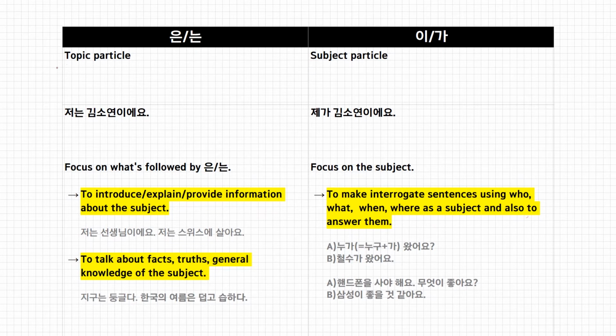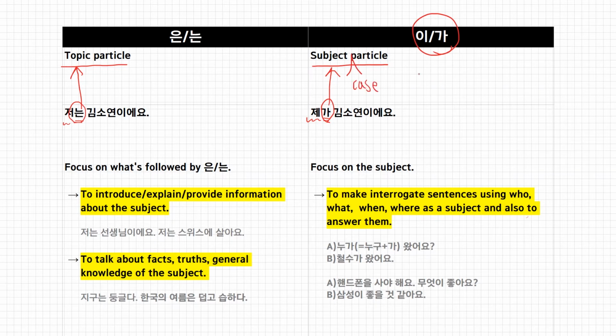I'm pretty sure you've heard 은는 is the topic particle and 이가 is the subject particle. But I'm not really keen on using these terms because I think these terms are not straightforward. For example, 저는 김소연이에요. I'm 소연 Kim. 제가 김소연이에요. I'm 소연 Kim. And here, 는 and 가 are attached to the subject. But this one is called subject particle and this one is called topic particle. You see my point? 이가 is actually a subject case particle